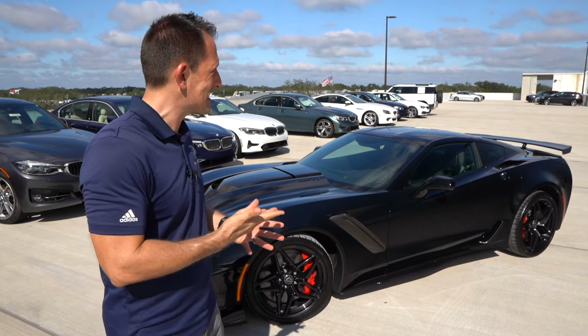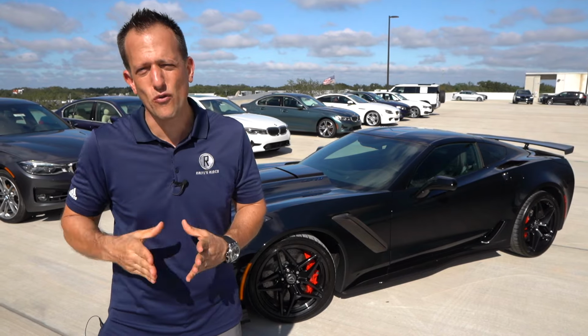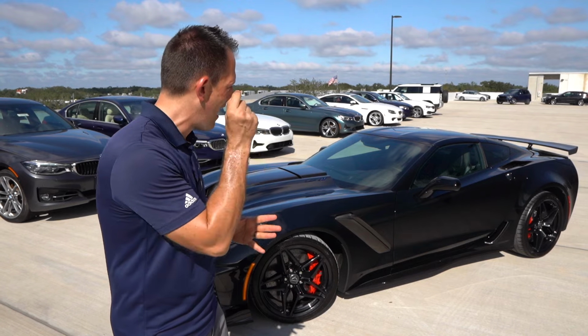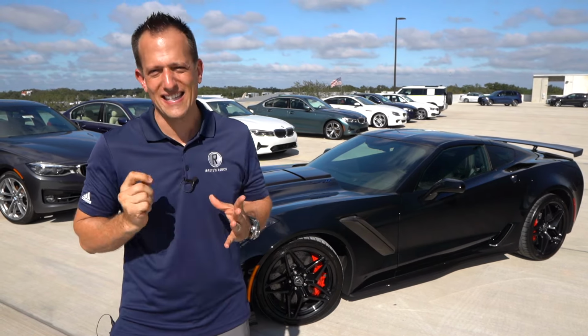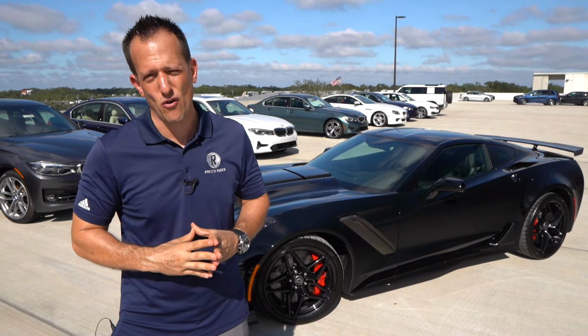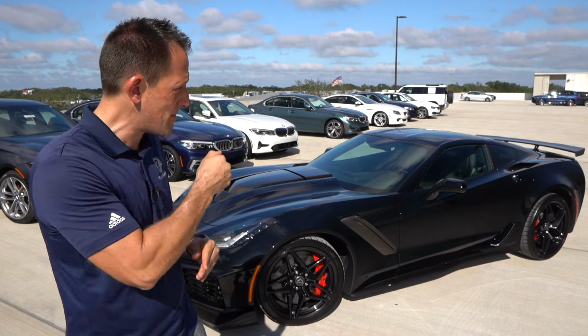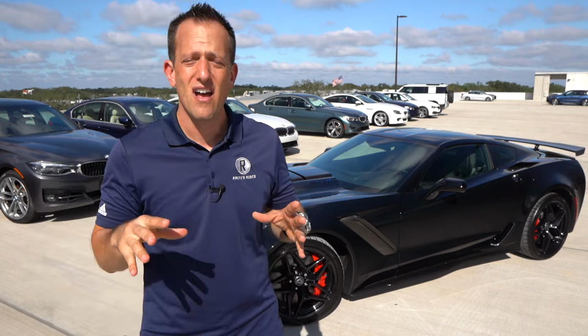But yes, the C8 Corvette is here. Yes, there's going to be faster iterations of it as we go through time, but there's just something undeniably seductive and sexy about this ZR1 Corvette for the 7th generation, the final year of the front engine Corvette. But if you want to keep seeing ultimate sports cars, and this really is a supercar killer on Rady's Rise,